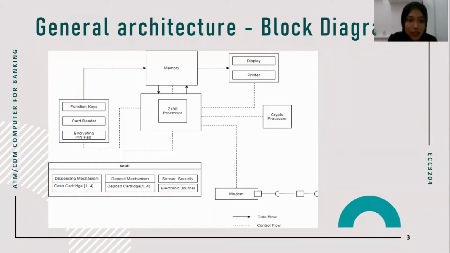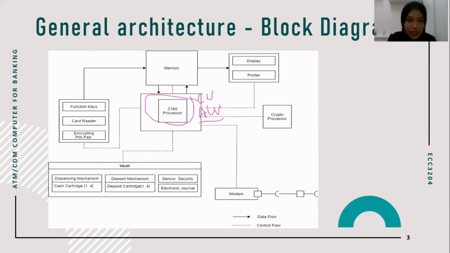So this is the Z180 processor. It consists of a control unit and ALU. The control unit is responsible for controlling the operation of the whole system. It acquires the instruction from the memory, interprets it, and directs the operation. The ALU performs arithmetic and logic operations. And the memory unit functions to store instructions, data and intermediate results. For example, after the processor has processed the data, it will store the final result before it releases it to